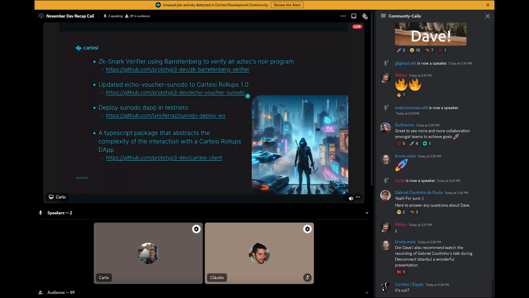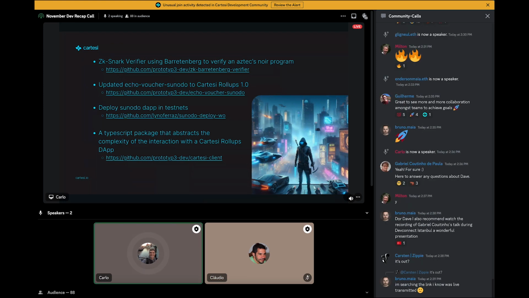And another thing we have is a really simple package in TypeScript that implements all the interfaces to interact with the Cartesi node. We already had a general front-end template with all the features to interact with the Cartesi node: provide inputs, read out all sorts of outputs, execute vouchers, all the stuff. But it had all the stuff for generating the web pages and things. This one is a simple library, so we'll probably make a version of that front end using this library as well. And you can get started easily on a Cartesi client using it.